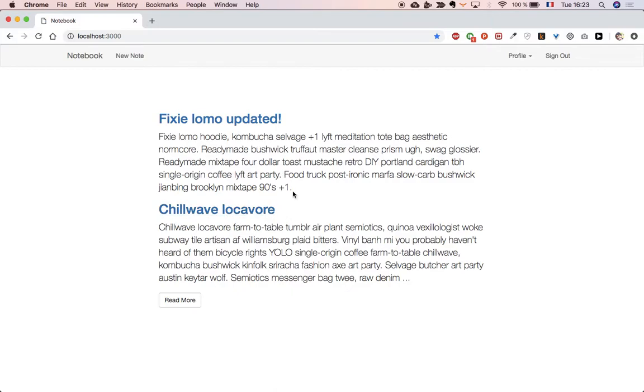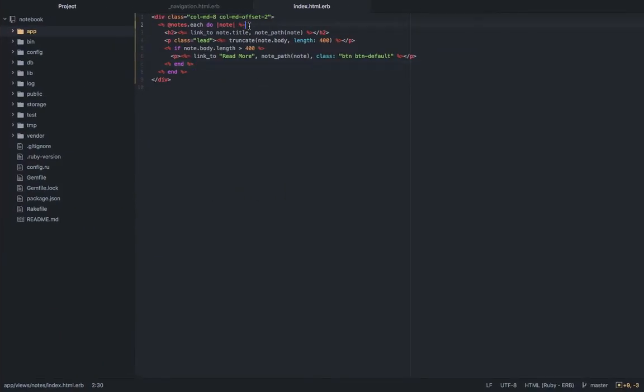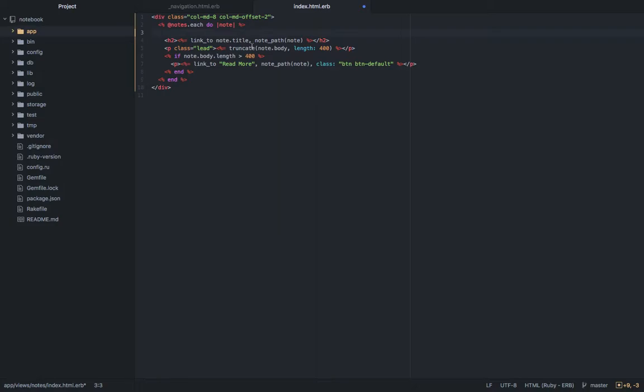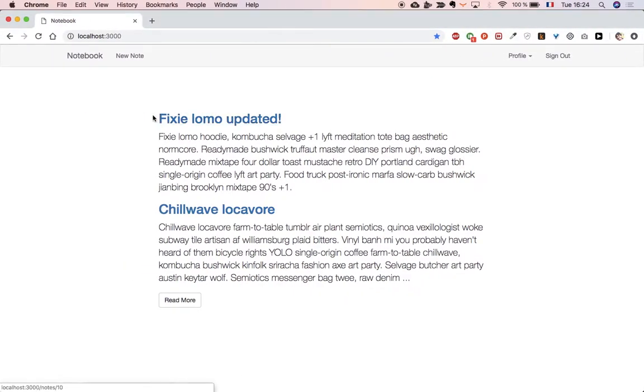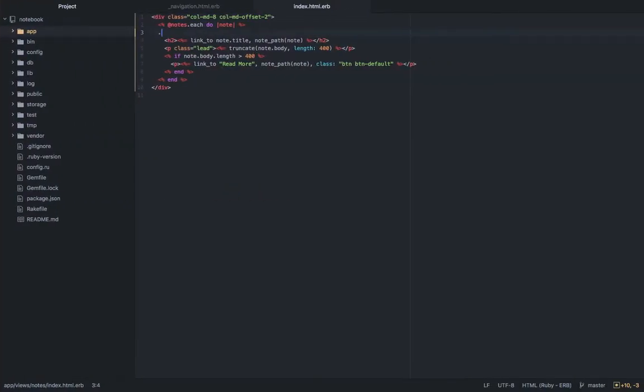Refresh, that's gone. Great. Now I'm going to add a class to the note. Each note will have a class so that I can add a margin and a border to the bottom. So I'm going to add a class of note index. I'm going to add it inside the note loop,